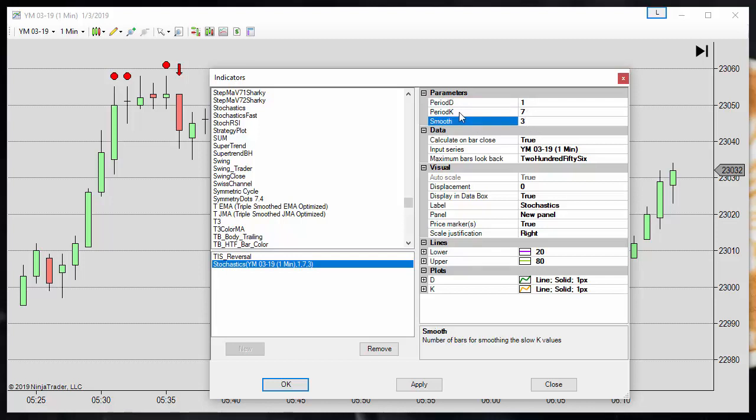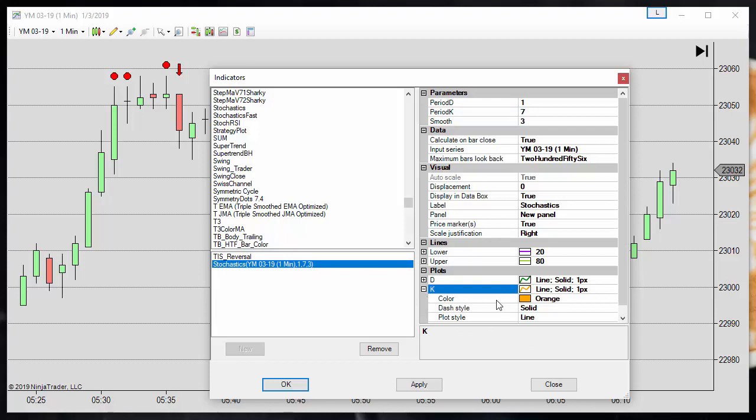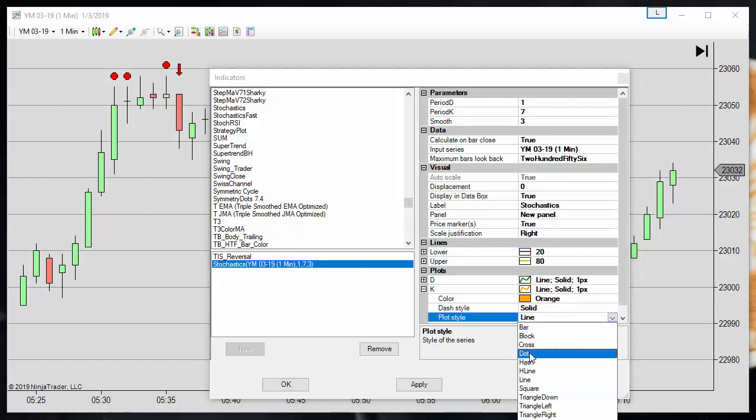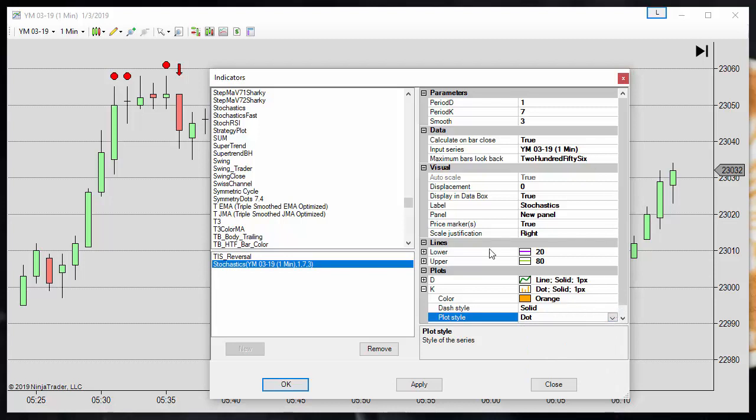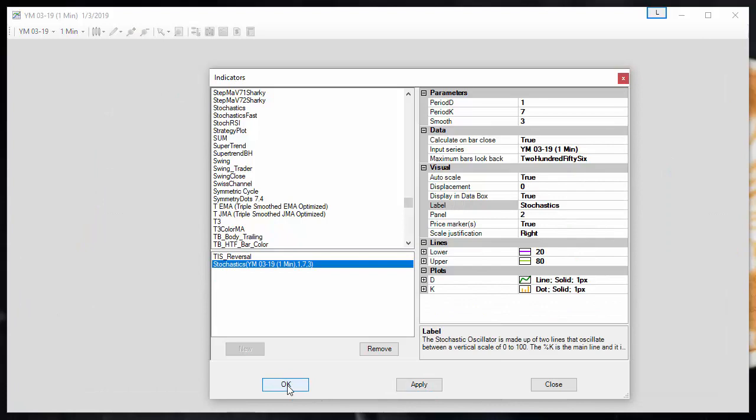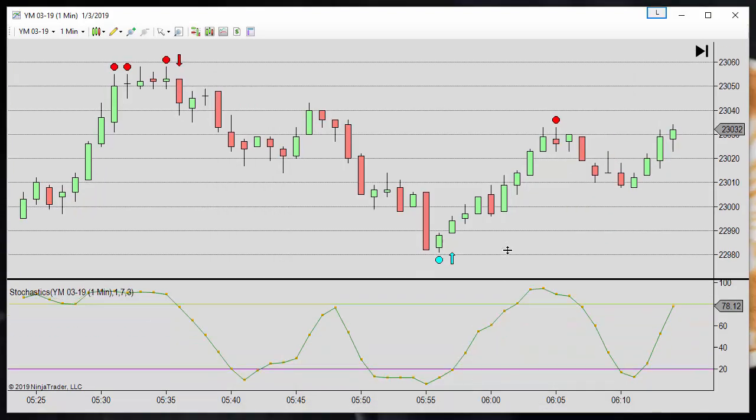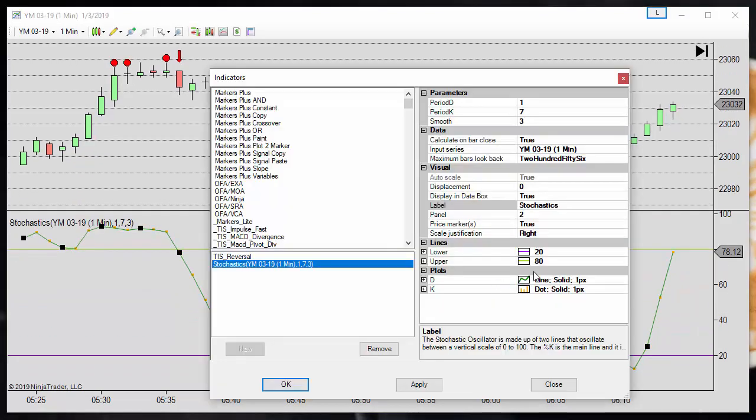Anything with an average of 1 is equal to the line we are taking the average of. So now we get two lines with the same value. On the key I will use dots, and the D just a line, so we get something like this.